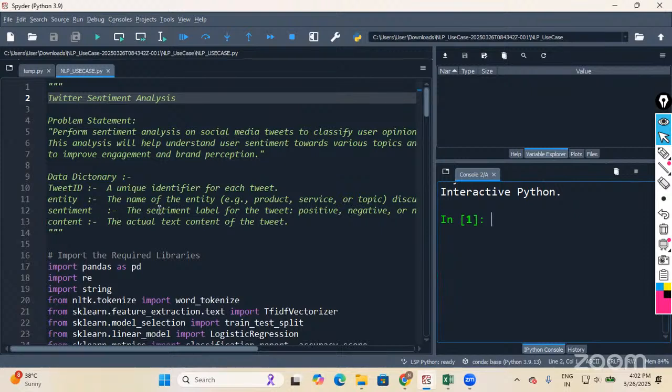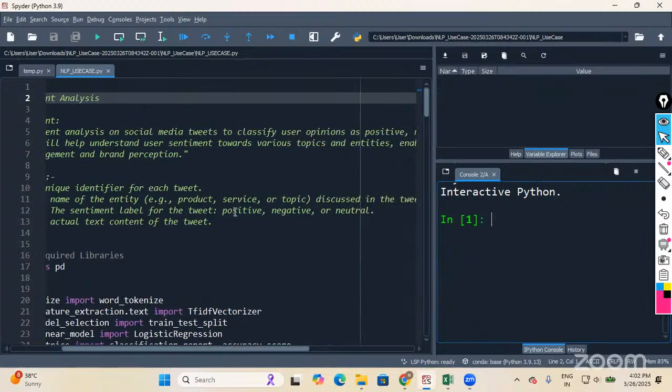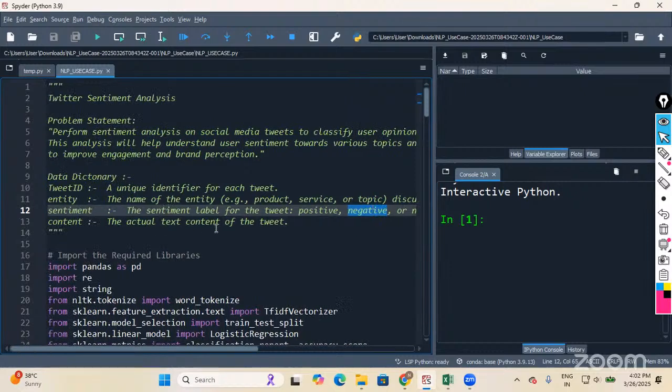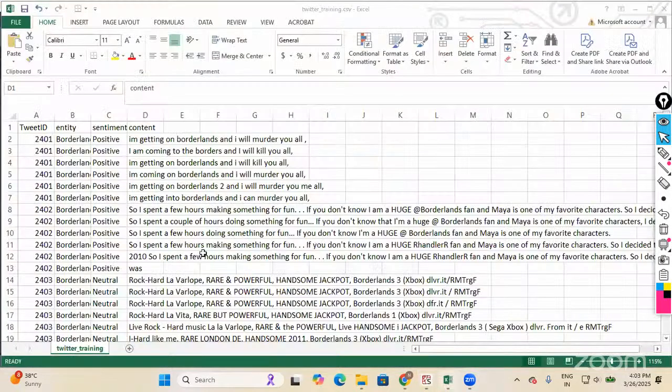Then the sentiment, this is our important column. So the label, the Y column that we have in our data, is the sentiment. So we may have a positive sentiment, okay, or a negative or a neutral. Depending on the tweet, we are going to classify whether it belongs to positive, negative, or neutral. Then, and finally the tweet, right? So if you observe, apart from tweet ID, the rest of the columns are